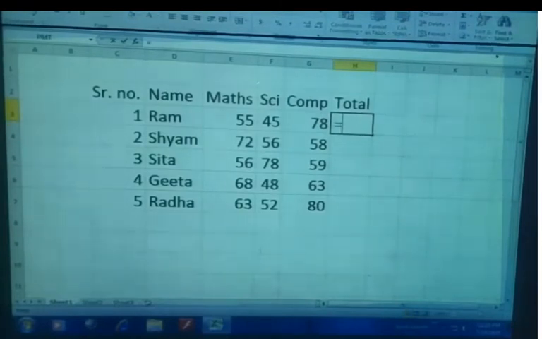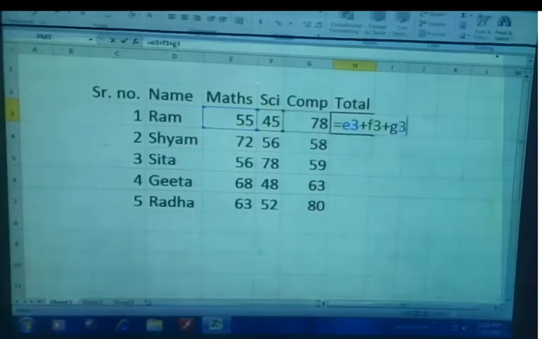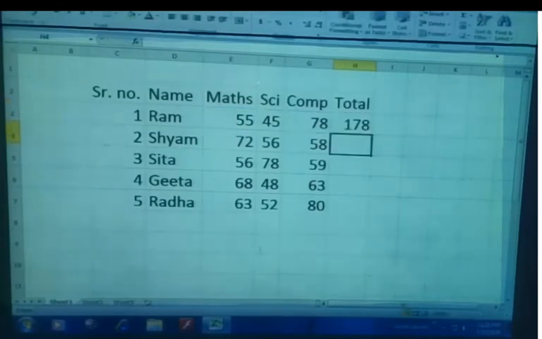Now we are going to enter the cell addresses in which data is available. So we are going to write E3 plus F3 plus G3, right? And after entering a formula with the help of plus operator or addition operator, press enter key over here. And now we get our new value according to their corresponding values, or the result of the formula appears